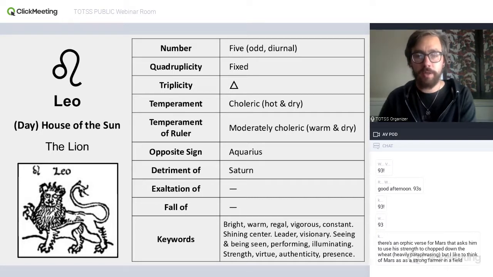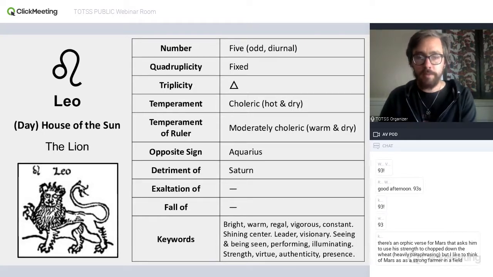And we talked about the symbolism of Aquarius as being outside of limits, like outside of a culture or a family. There's a kind of black sheep quality to Aquarius, whereas Leo is very much about being the center of things, like we were talking about with that solar imagery. And then no planets are exalted or in fall in Leo.